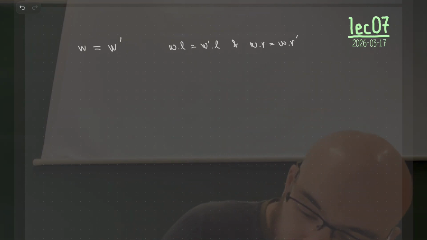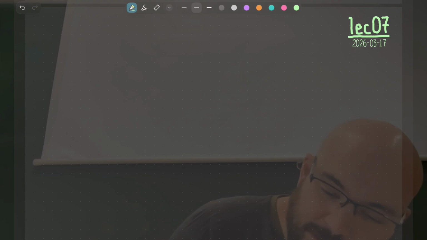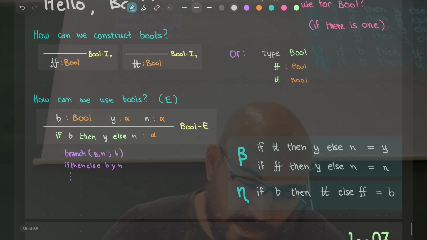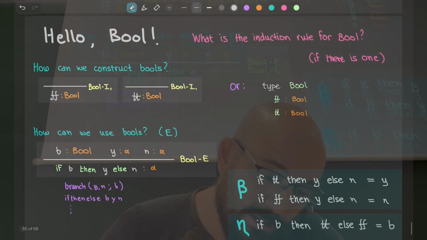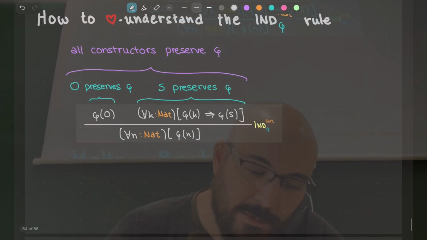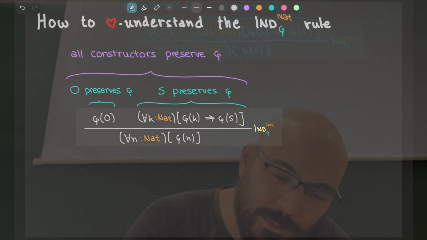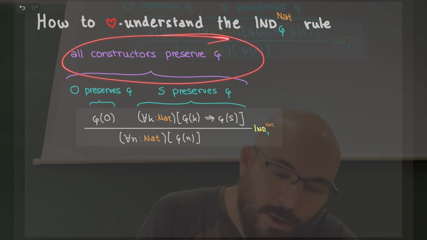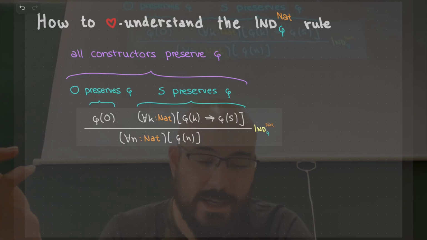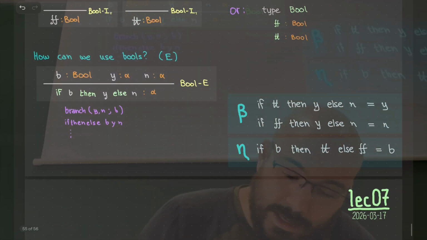So, on the other front, we are studying induction and recursion, and we have seen that induction and recursion are not things of the natural numbers only, but we have met induction at least for the Booleans as well, because we managed to say what induction really means deep in our heart. It's like all constructors preserve something, and if I have it, it means that every element of this type has this property.